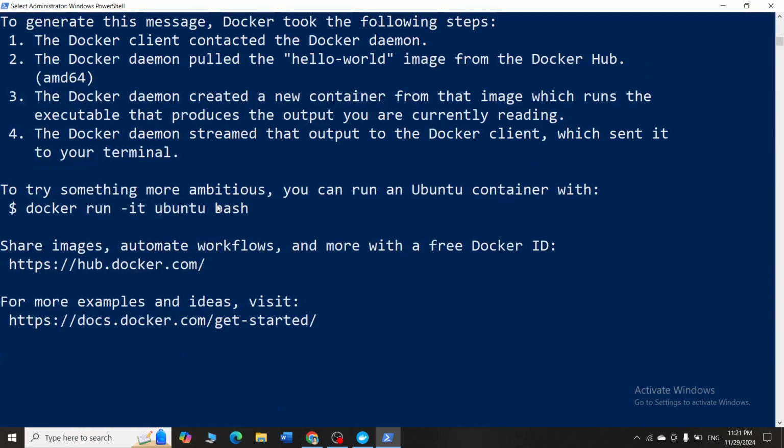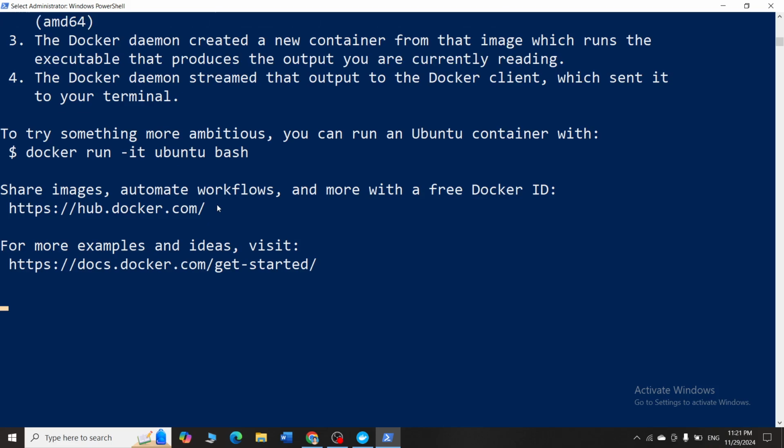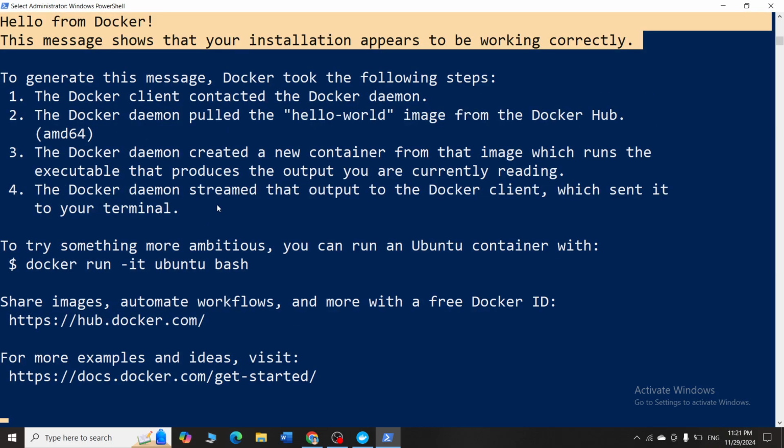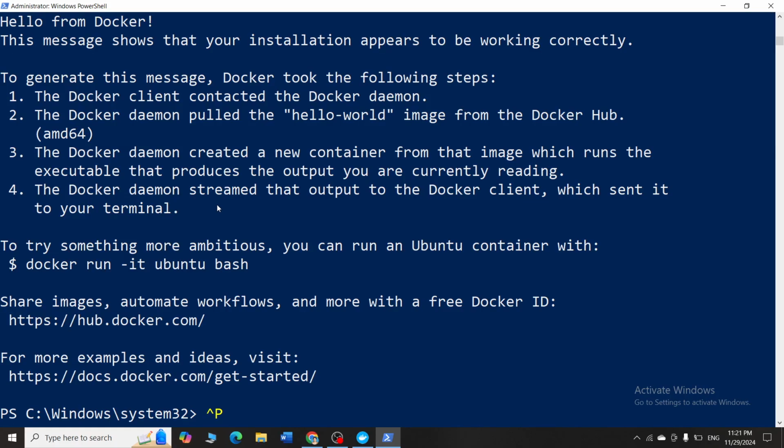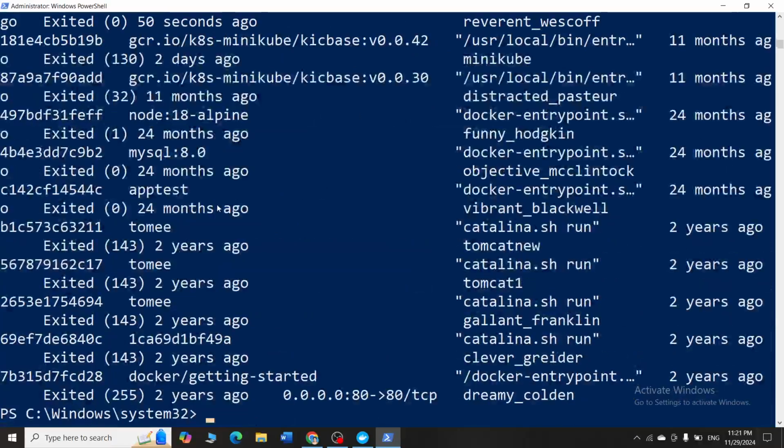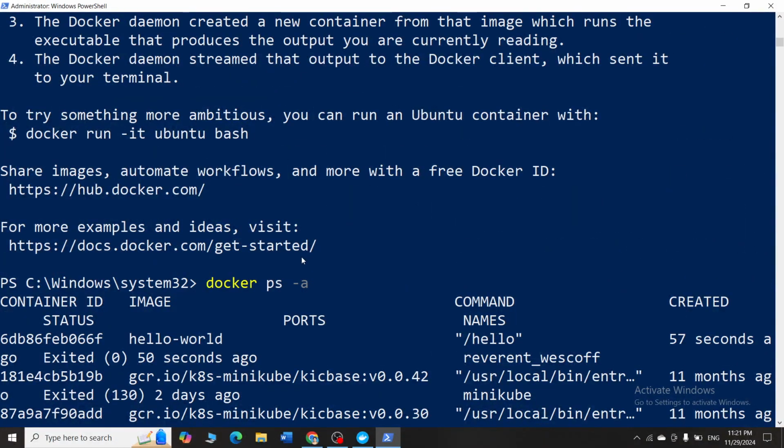Now the next thing you can do, if you want to know the various containers that are running or have exited from Docker, is use the command docker ps -a. Let me check it: docker ps -a. It will give you the list of all the containers that are currently executing or not executing.